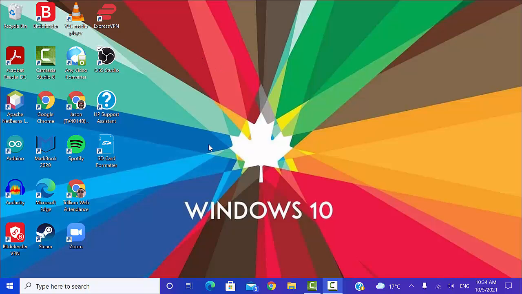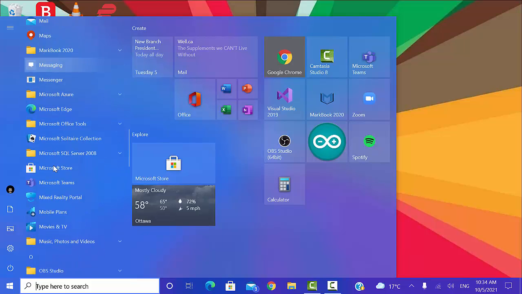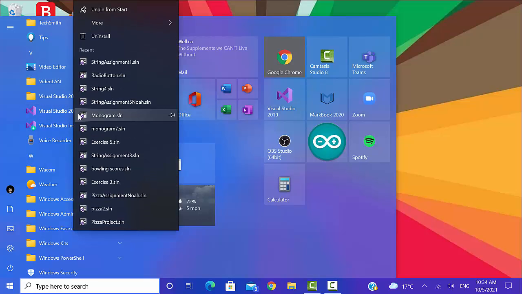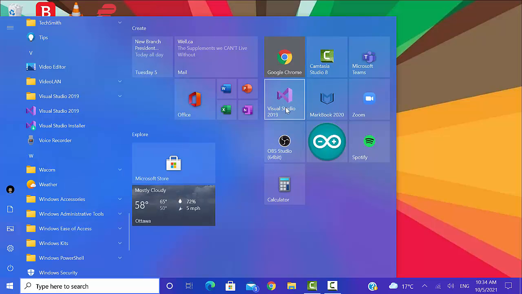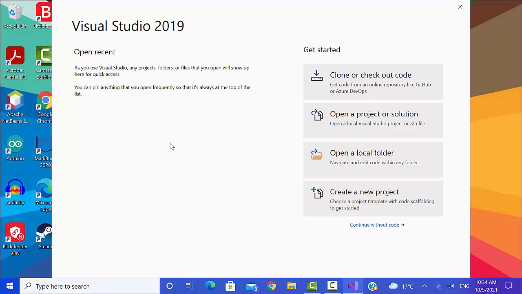So when you're in any device, generally speaking, including on the school devices, if you hit the start button, you will have access to all of your applications. And on the left-hand side, if you scroll down to the V's, if you've installed Visual Studio, you'll see that Visual Studio is available there. If you're working on a personal device, I would suggest that you right-click on this and pin it to the Start menu. That way you'll see it come up every time, just like you can see here. I've got it pinned to the Start menu. You're going to click on Visual Studio, and it's going to open up your